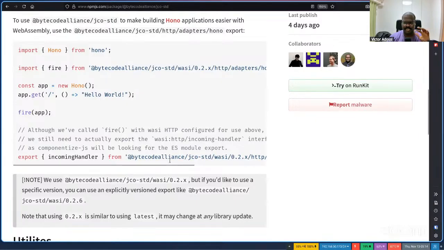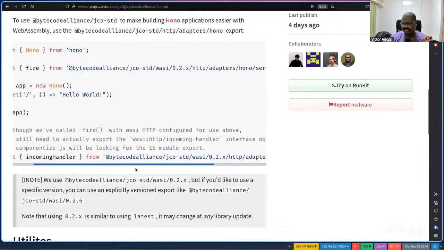But Hono is a special case because it's not tied to Node, right? You need to do this translation from WASI or WebAssembly primitives to what Hono expects, and in this case that's the WinterTC stuff. So there are some differences there, but ideally jco-stl is a place for adapters that make it easier to write familiar JavaScript into WebAssembly components.